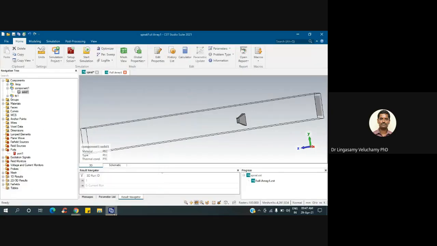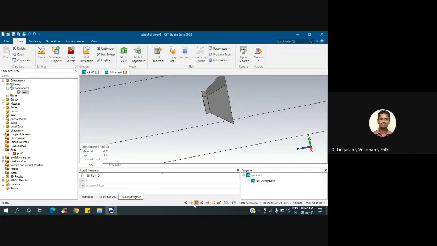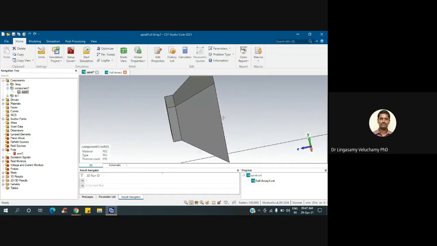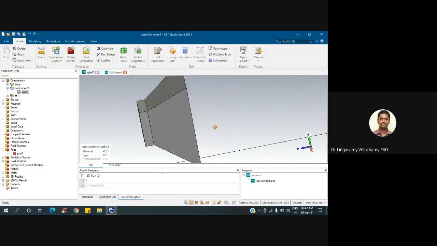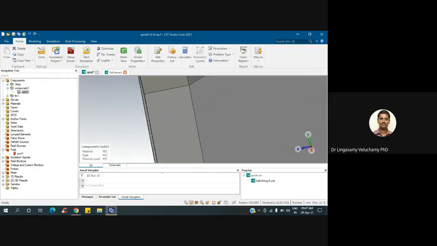Second point is your length should be right. Can you zoom in? The waveguide part is there, right? On the left, the smaller one. This length, you should have a sufficient one.